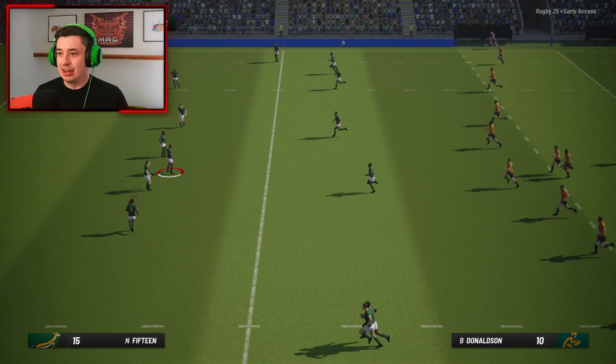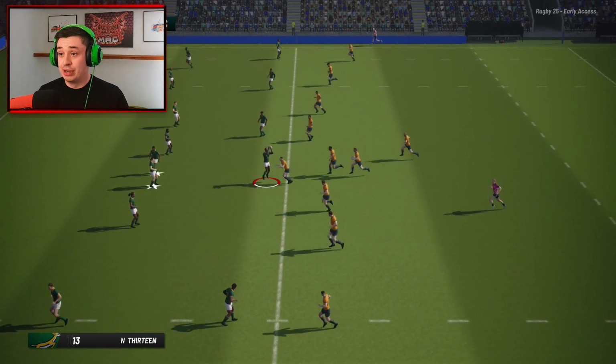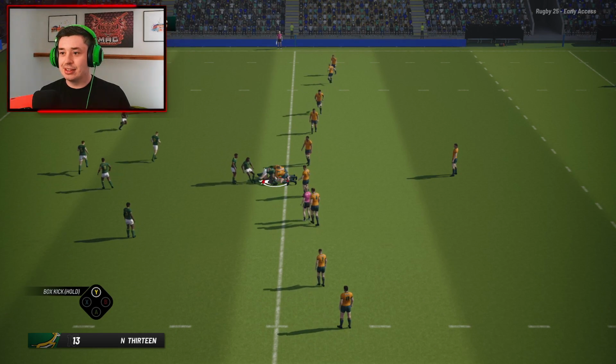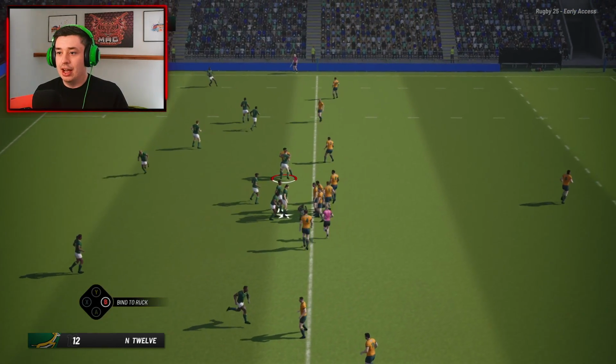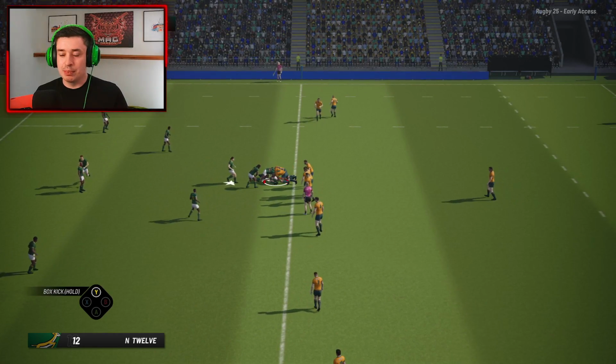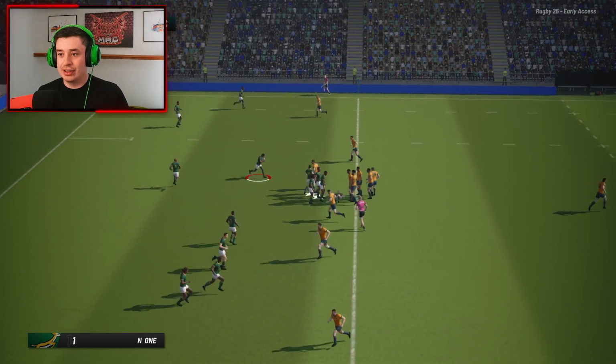As they go for a bit. Right, let's see if I can actually get a kick. Oh, wow. Nobody even wanted that one, apparently. I don't know why your players stand back waiting for the ball, but then they don't come onto it. The player running backwards is the one that often catches it, which is...